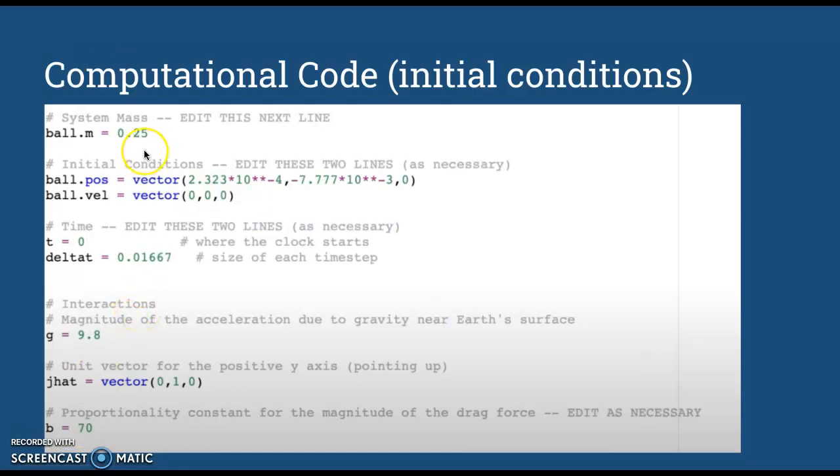I used GlowScript to produce a computational model of the slinky's motion. I inputted the mass of the slinky, which was just 0.25, and then the initial position of the slinky and the initial velocity of the slinky. It starts at rest, so it's just 0. And then I inputted the gravitational constant, 9.8, and the proportionality constant for drag, which I found through trial and